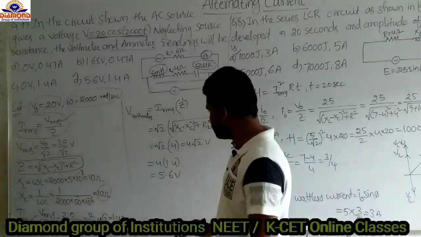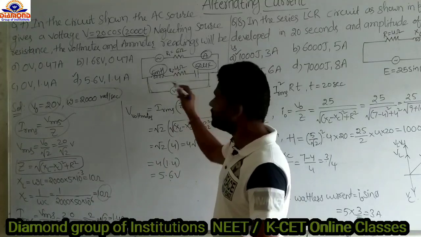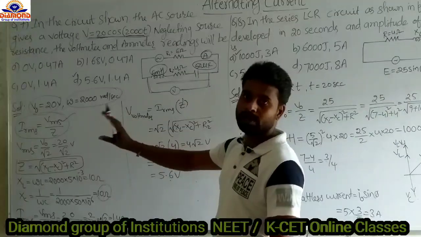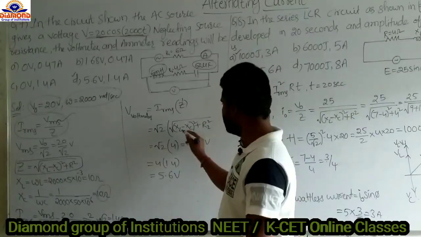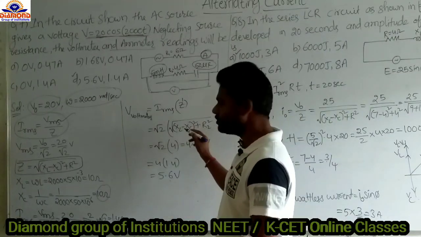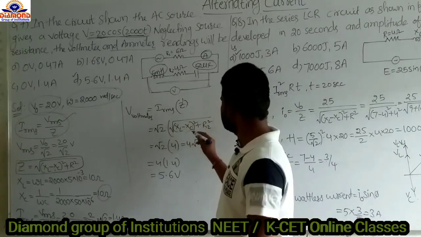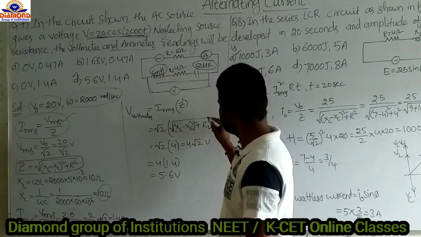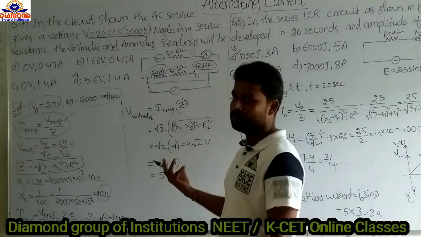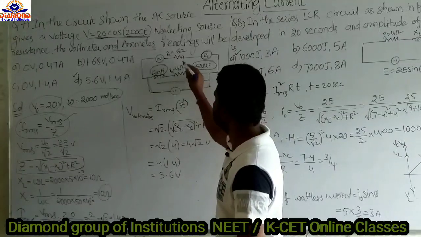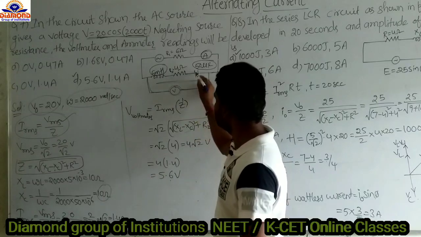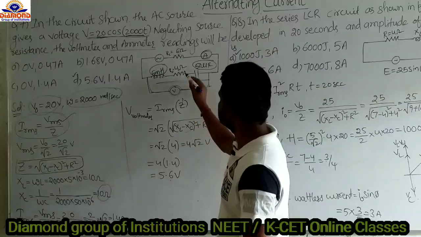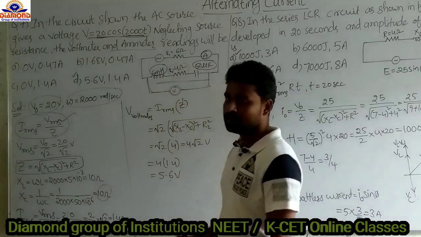Now Z dash. Okay, now here the circuit is in resonance, so we have to take only resistance. XL minus XC is 0, we will get. XL and XC both are the same, so 0 we will get. So the R2 square, the square will be cancelled, we will get R2 only. That means here I consider this is R2, this one is R1. We are finding the reading of the voltmeter, so we have to consider these three components only. So now this resistance only we have to consider.